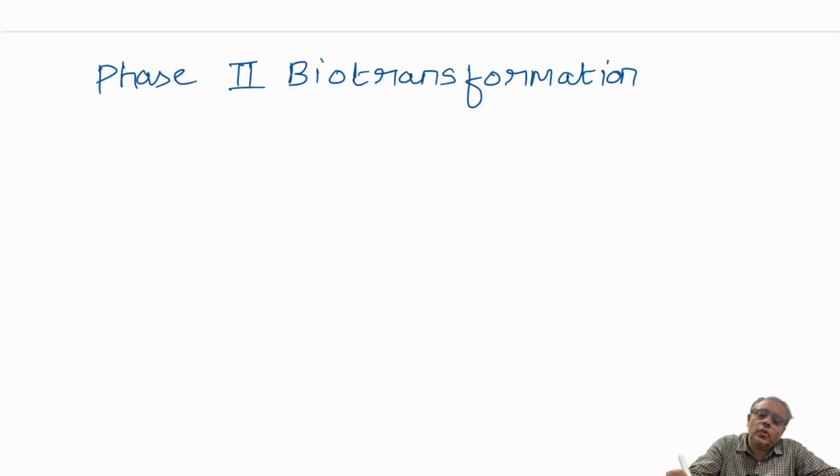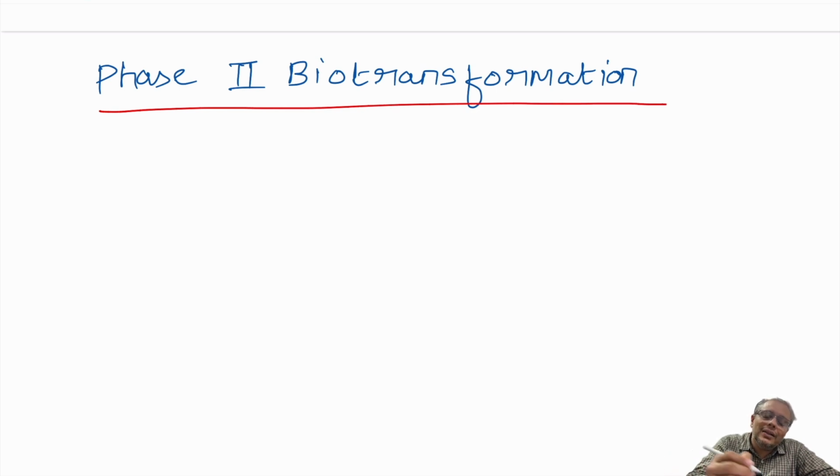So, as I have told you, there are two phases of biotransformation reaction. In the previous session, we have discussed phase 1. Now we are going to discuss the phase 2 biotransformation reaction. In phase 2, the most important thing is that the drug or its metabolite combines with the endogenous substrate